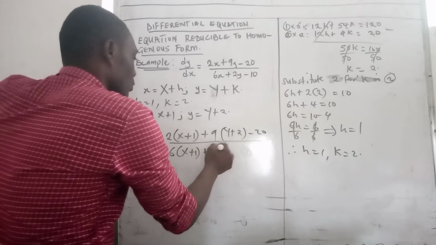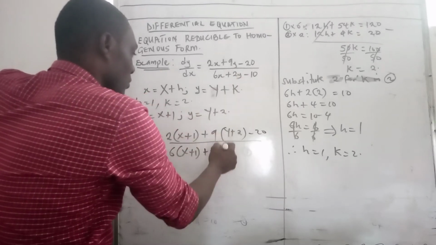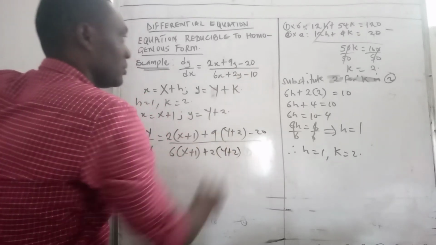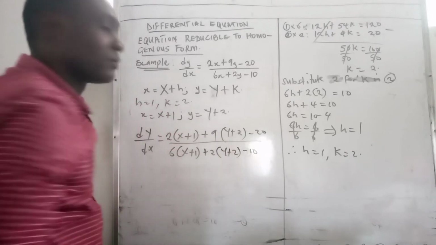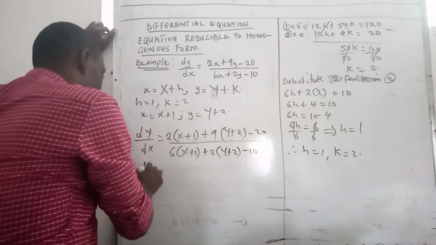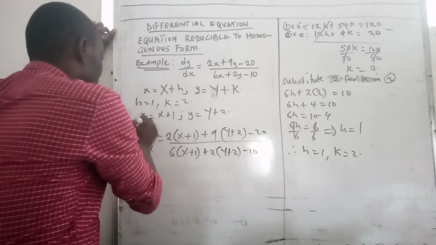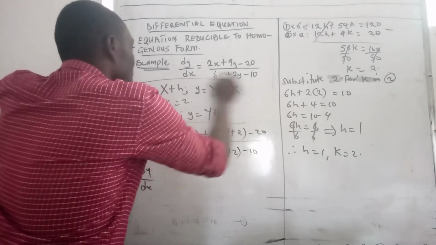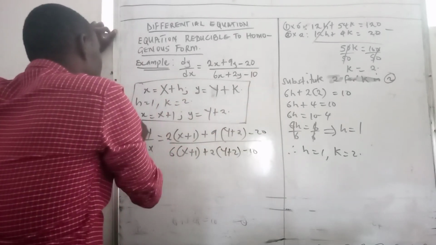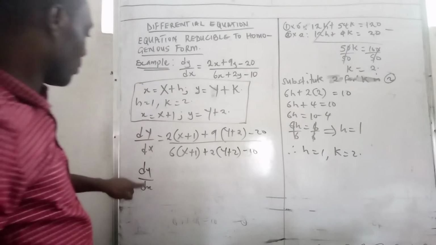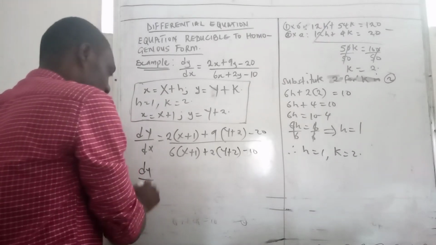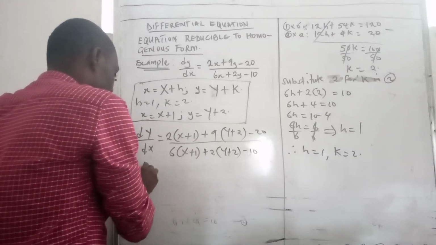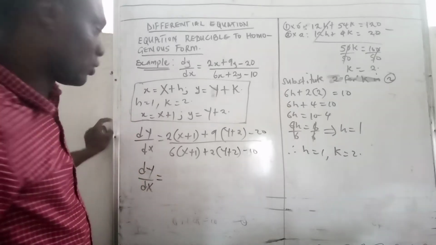Plus 2. So my y is what? y plus 2 again, minus 10. So I'm going to have the dy/dx. Let me just put this in place so that I can easily make reference to this. So the dy/dx, capital letter S please, because we are substituting, equals